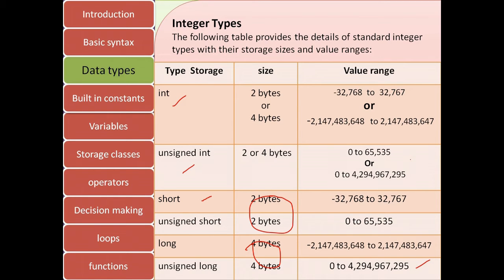And this range signifies us that you can't store a bigger value than 32,767 in int if your compiler allocates 2 bytes for int and 2,147,483,647 if your compiler allocates 4 bytes for int. What if you want to store a bigger value than 4,294,967,295 in int? You can't even use long because long's range is only this much. Then you will be using derived data types, which we will be studying in later classes.